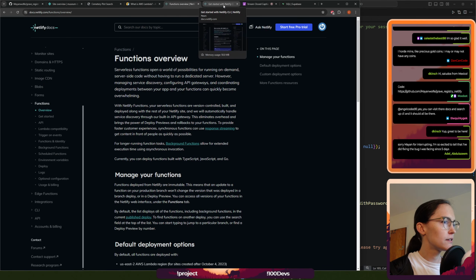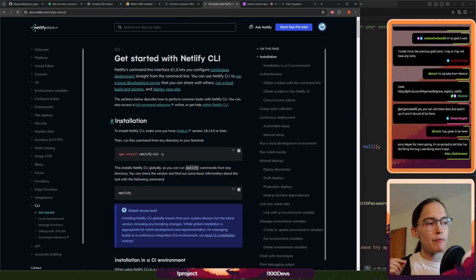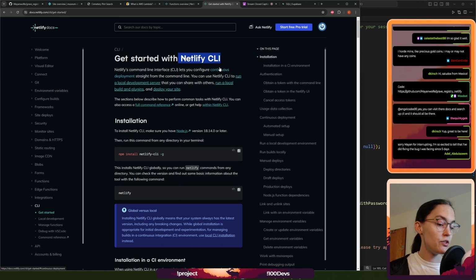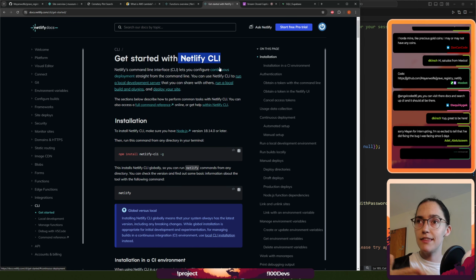Let's see. Yeah, here we go. Previously, I mentioned that there is such a thing as a Netlify command line interface, and I'll show you that as well. What's useful about the Netlify CLI is if you know you're going to be deploying your site to Netlify, you can use their command line interface to essentially run a dev version of Netlify. It almost works like Nodemon. If you're used to running Node apps, you can install a package called Nodemon, which essentially reloads your application every time you make a change, and it incorporates those changes so you can rapidly test things. If you're doing a bunch of console logs, you can just save, and